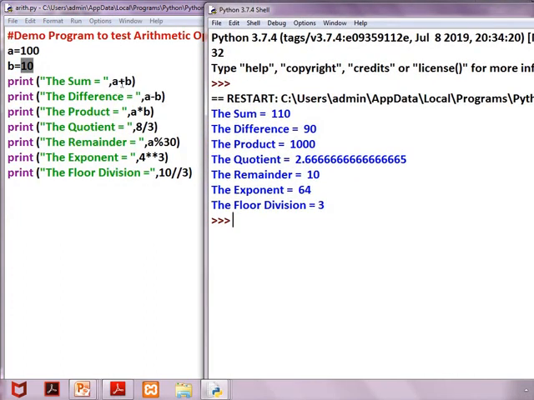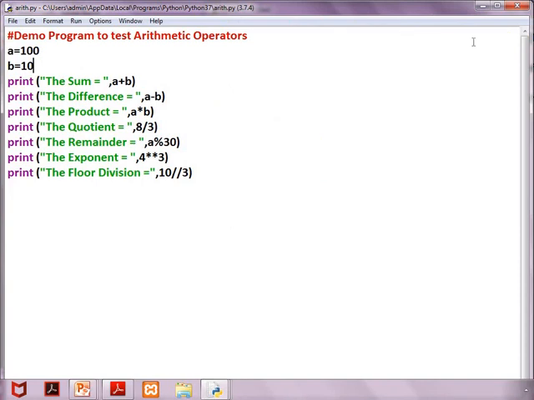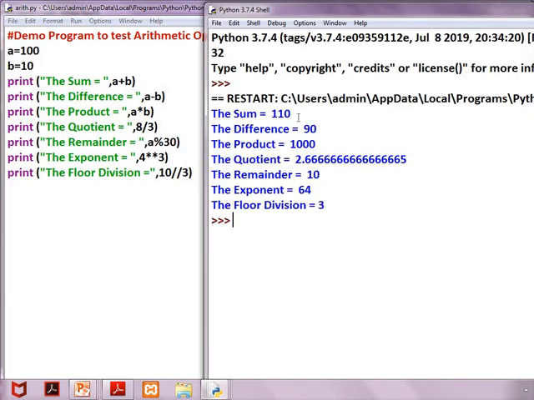Now see the output. A plus B, 100 plus 10, 110. Difference, A 100 minus 10, 90. So product, 100 into 10, 1000. 8 by 3, it is 2.666. It is giving the exact precision points.